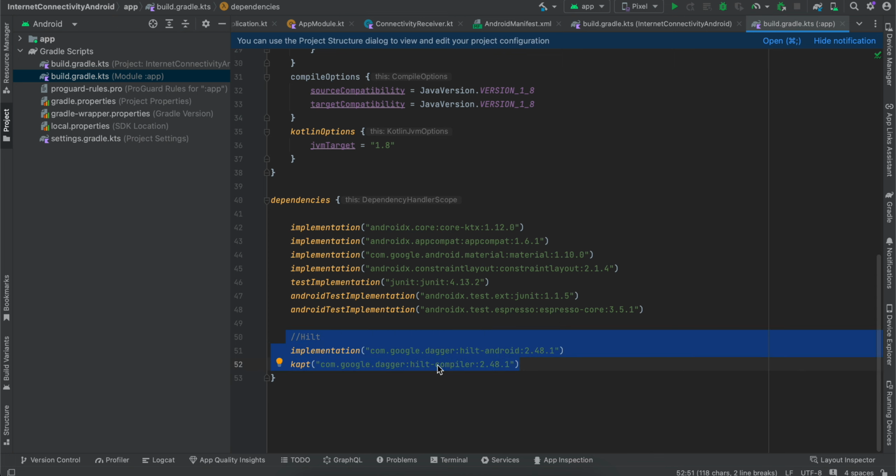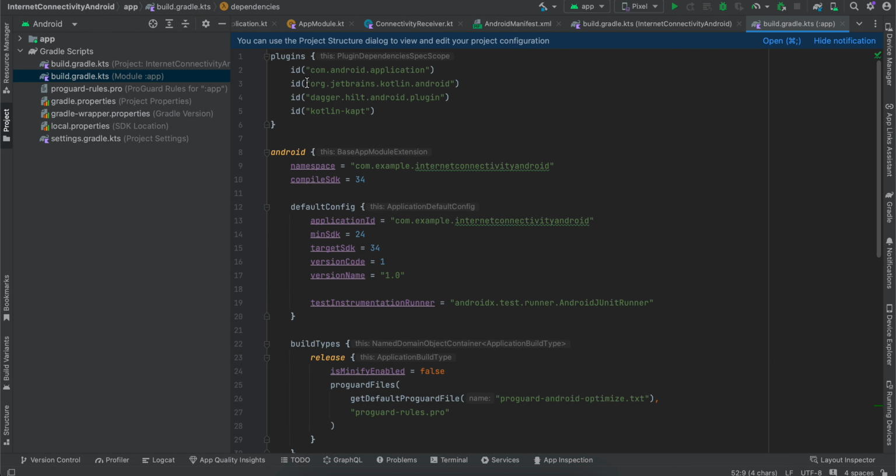At the time of this recording, KSP for Hilt is still in alpha stage, that's why I'm not using it. But if you watch this in future and if KSP is already stable, then you should use KSP instead of KAPT. And because I'm using KAPT, I have to add this as well, and you have to add this ID for Dagger Hilt as well. Once you are done with this,